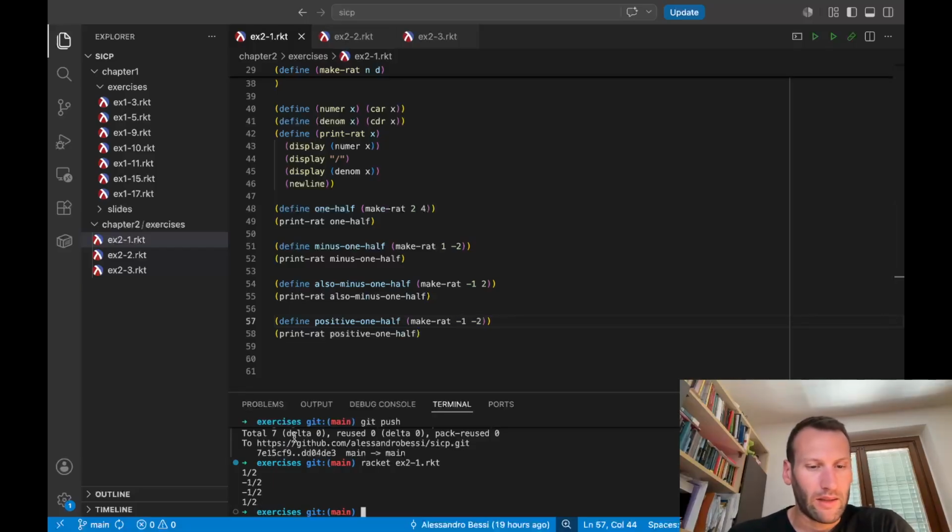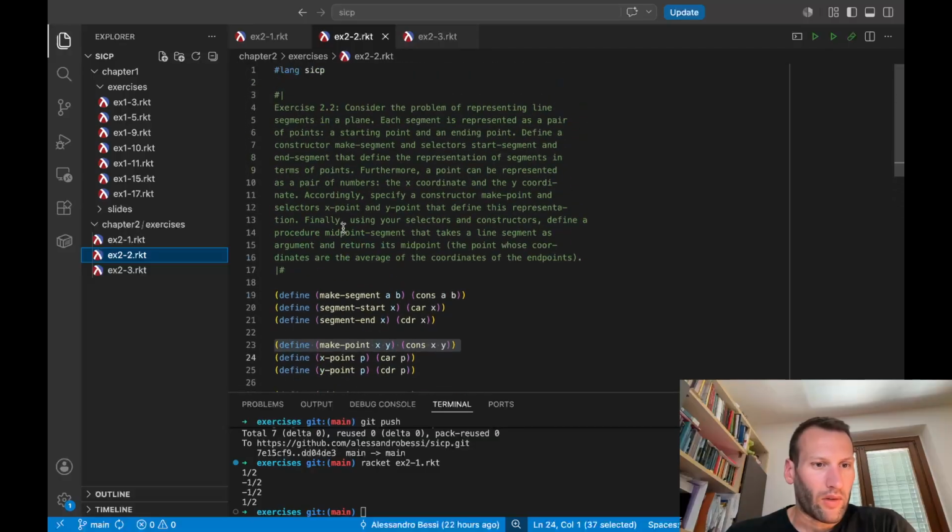And this is it for the exercise 2.1. Let's take a look at exercise 2.2, another very simple exercise that reads: consider the problem of representing line segments in a plane. Each segment is represented as a pair of points, a starting point and an ending point. Define a constructor make-segment and selectors start-segment and end-segment that define the representation of segments in terms